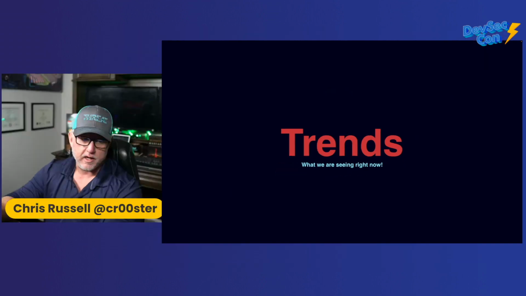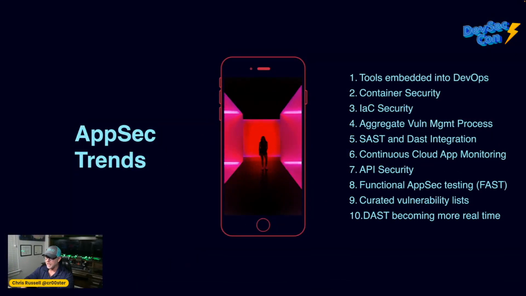Let's talk about some of the trends right now in AppSec. Like I mentioned before, previously very cumbersome, very manual. Now we're starting to embed tools into the DevOps teams. We're talking container security. When containers first came out, there wasn't a lot of thought, products, or knowledge around how to harden the containers. Infrastructure as code security, again, Terraform comes out, everyone's using it, but no one's really sitting down and, other than manually reviewing things and then pen testing afterwards, thinking about infrastructure as code security itself.